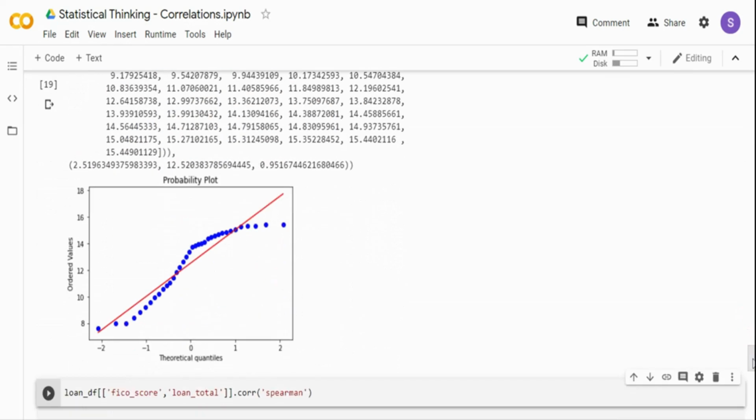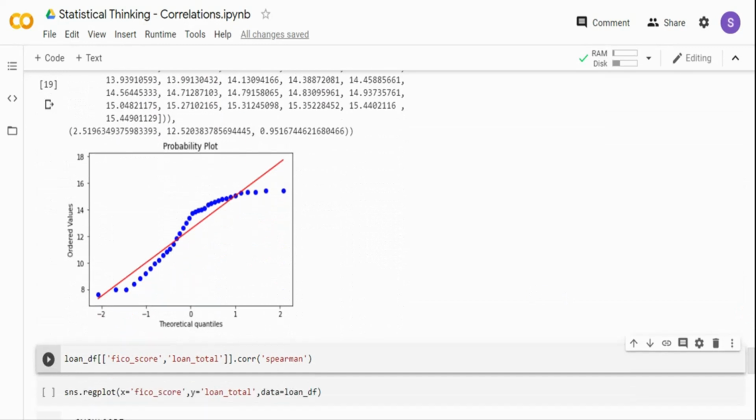So if you want to check, rather than in a visual way, in a graphical or statistical way, whether there is a normally distributed data set, then you can use the distribution probability plot. In the probability plot, if you see the center line over here, if all the points lie on the center line, then you can assume that particular data to be normally distributed. But in this case, it's not. You can see basically most of the data set is away from the line.